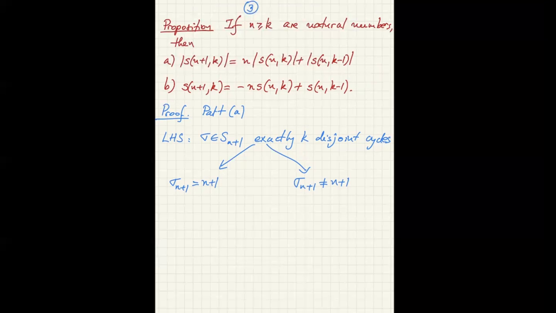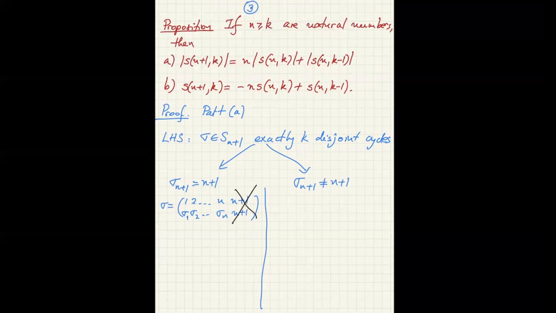Now, on the first part, our permutation sigma looks like 1 to n, and n plus 1 is fixed. And here we have sigma 1, sigma 2, sigma n. And now we could just ignore this part. Okay, so n plus 1 is fixed, so it participates in one cycle, what we consider one cycle of length 1. Therefore, if we look at the permutation sigma prime, which is in Sn, where sigma prime of j